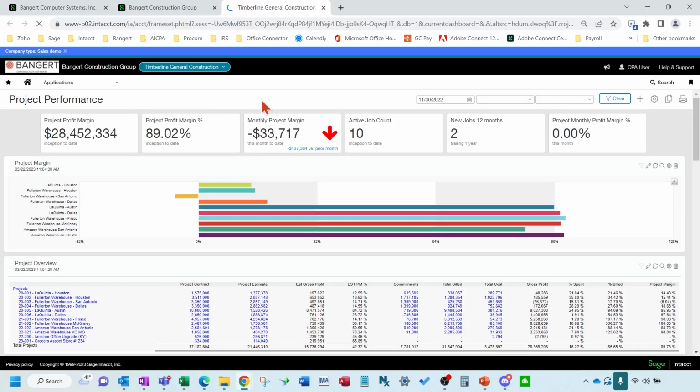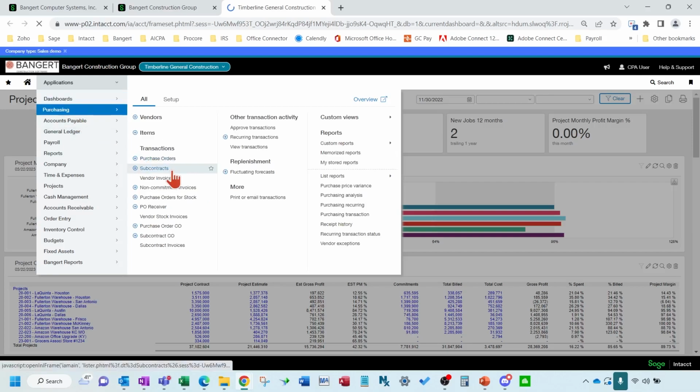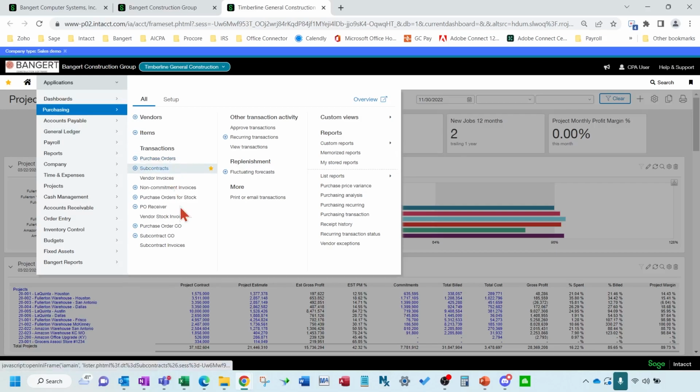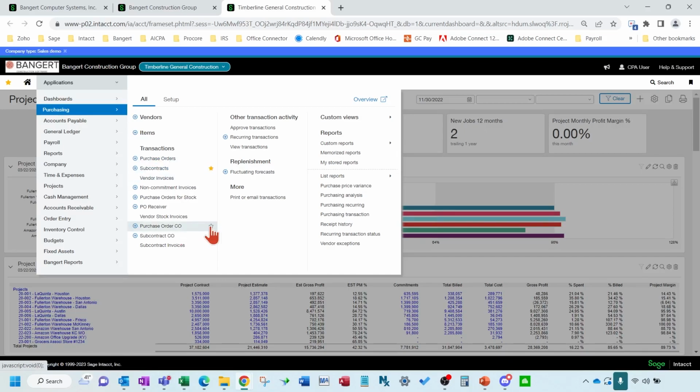And we're going to navigate over to the purchasing area. And in this area, you have your subcontracts. As you can see, your purchase orders and our change orders to those purchase orders and subcontracts.